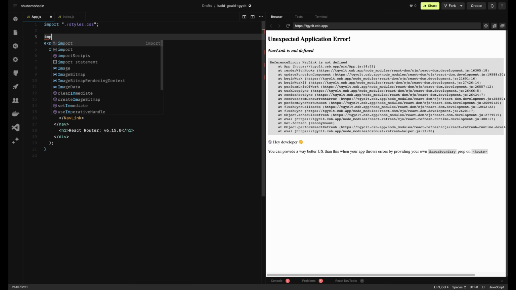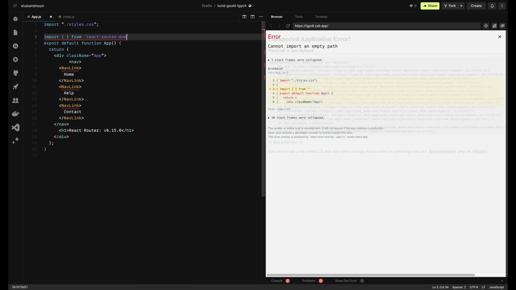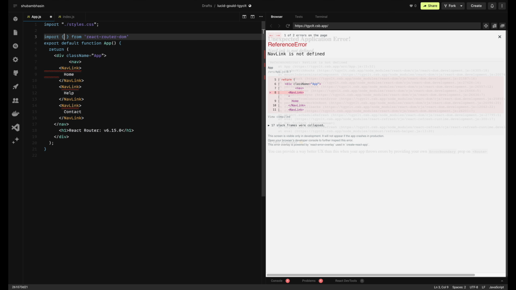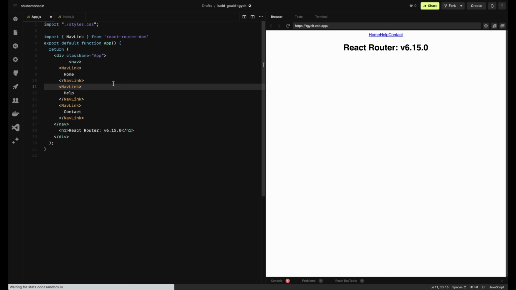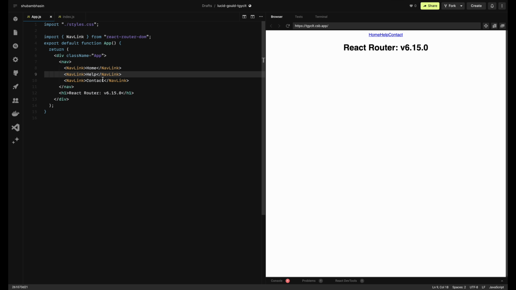Previously, Code Sandbox used to auto import, but for some time it's not working. So I will put the nav link here, right? So now we have nav links with us. This nav links accept a prop that is to, that is where do you want to go. Home will take us to, where will it take us? It will take us to,